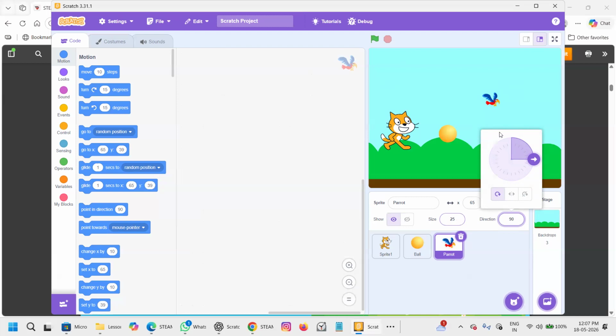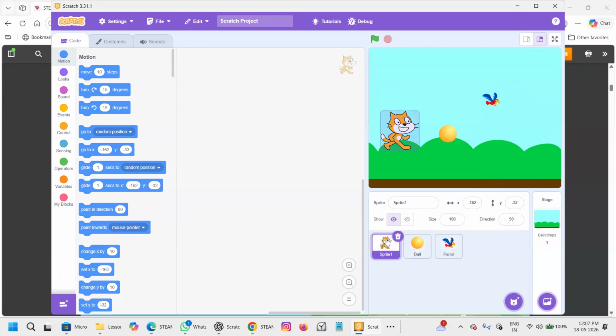I forgot to tell one more thing. Now, when you want to show the cat, you have to click on sprite 1. The second is the ball. The third is the bird, the parrot. So I want to see the size of sprite 1. I can change the name of the sprite and write over there, cat here. Sprite 1, it is there, so I can write here cat.